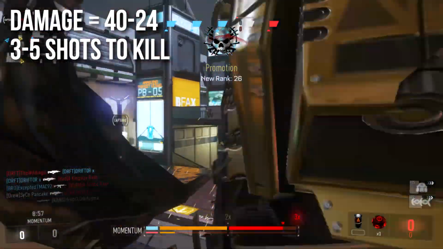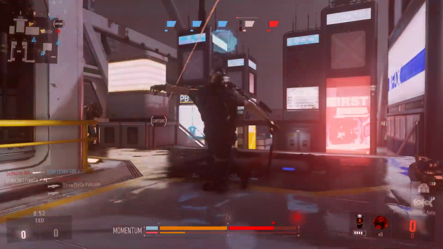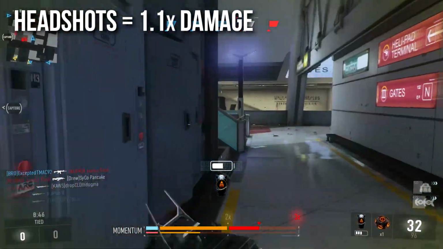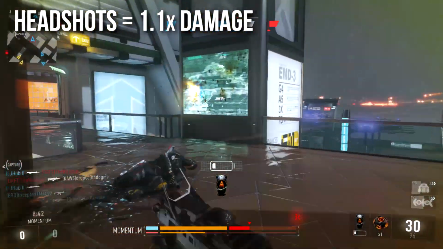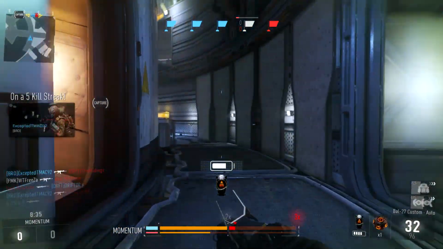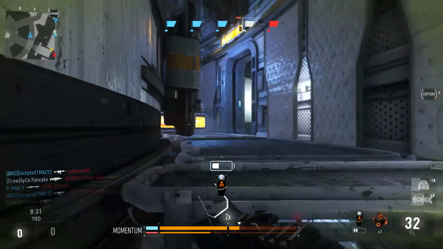The range on this gun is probably about average for assault rifles. It's comparative at this point. I don't have hard numbers or meters just yet, but do keep in mind there's nothing really special about its range. Headshots will deal 1.1x bonus damage, which won't make it a 2-shot headshot up close, unfortunately, but you can get some one-less-shot kills at certain distances, but overall not a very significant headshot multiplier,